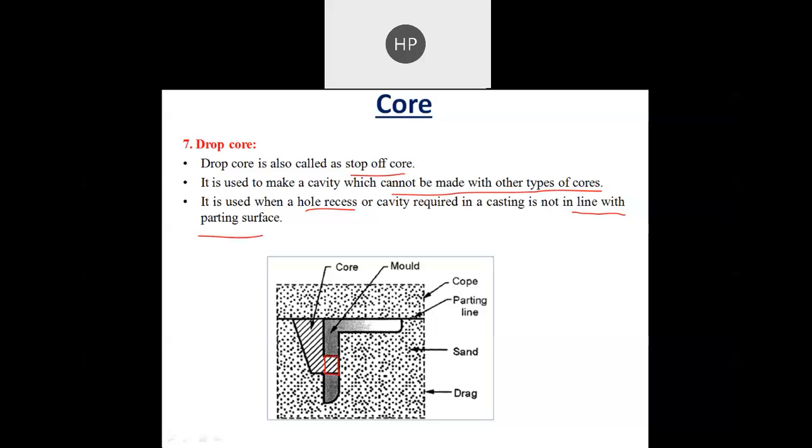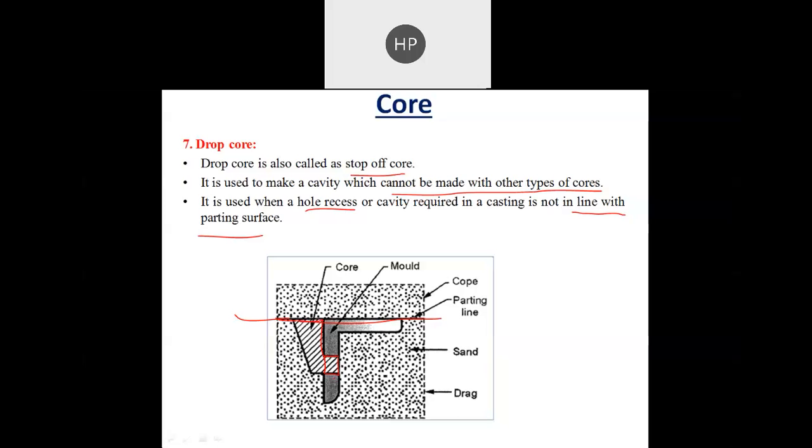The parting line is here, and we want to make a hole or recess here in the cavity. So in that case we just make the drop core of this shape,